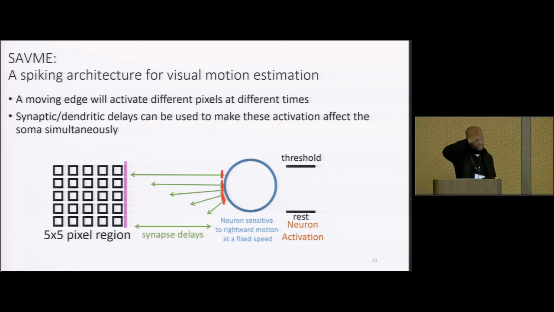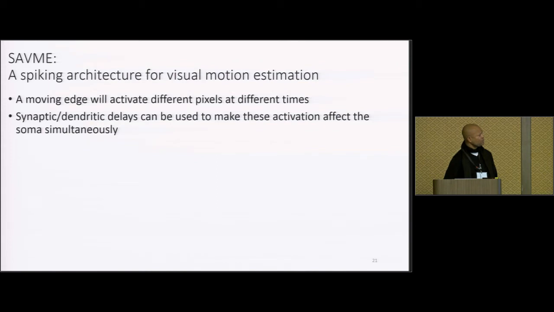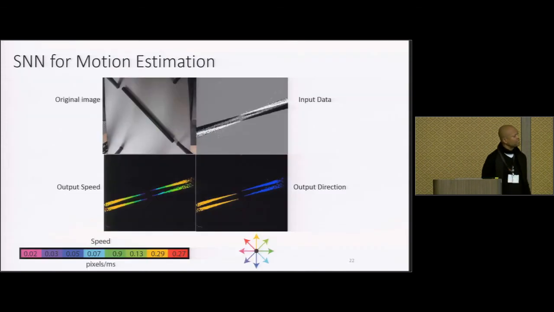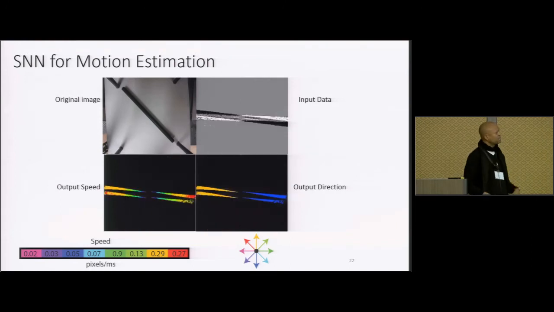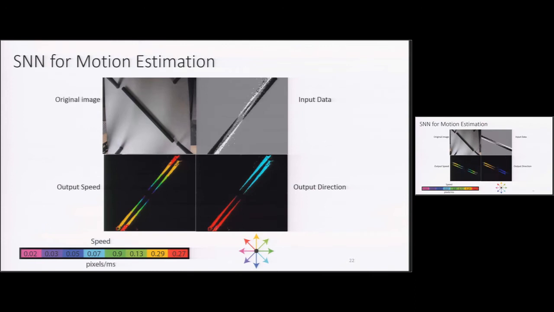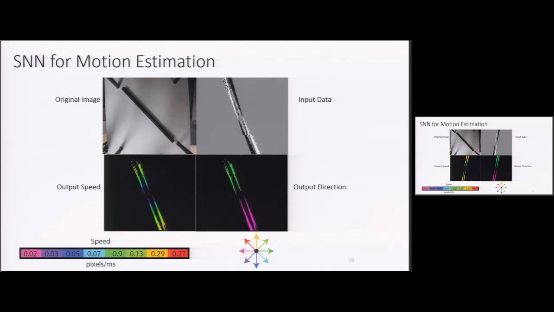And I also can change directions and so on and so forth. Okay? So with that, then we can create something like this, where what you're seeing is this pen is basically just moving as the motor is spinning it. On the bottom left, you see the speed at every point along the black line, and you can see that the tip is going faster than the very center. Then as well as the direction, and you can see the color changing as the bar rotates because you're getting basically different directions